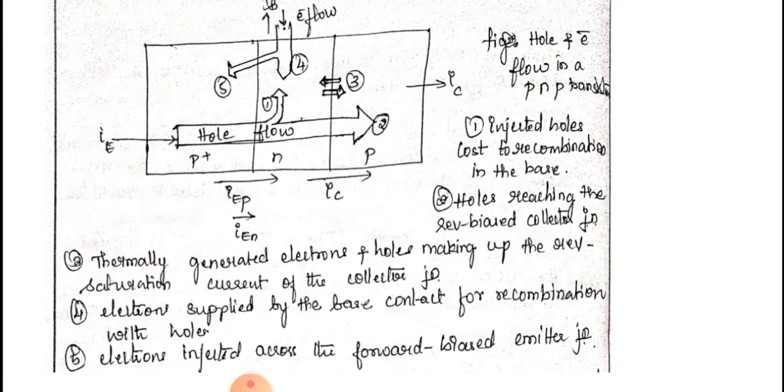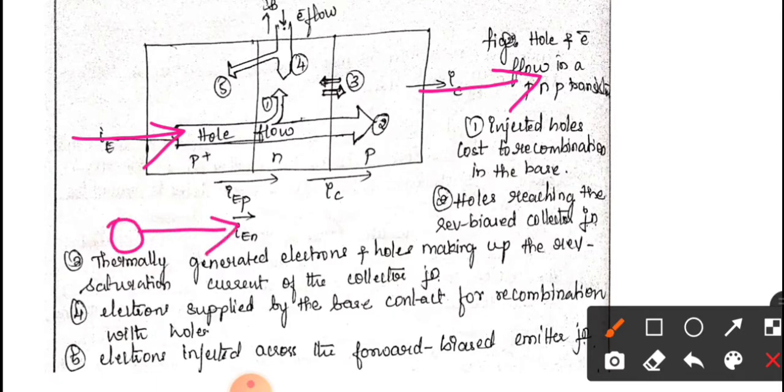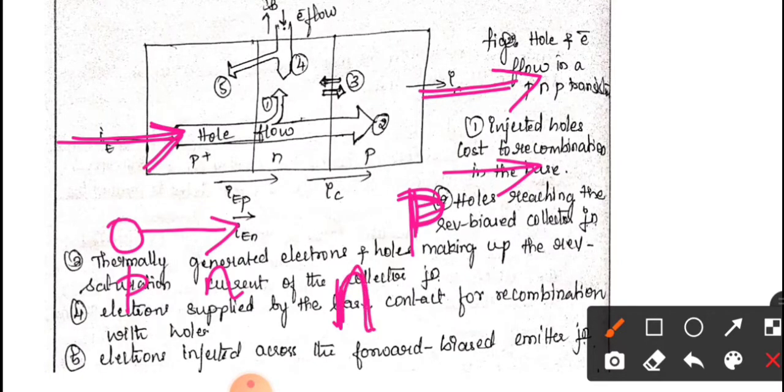So you can see here the various currents are marked. First one, emitter current IE, and collector current IC. Holes will move from P to N, so the current movement is in this direction. The collector is also P type material, so current is due to the hole movement, also in this direction. So IC also this direction. And base current: the base is made up of N type material, so here electrons will be moving, so opposite to that the current movement will be shown.